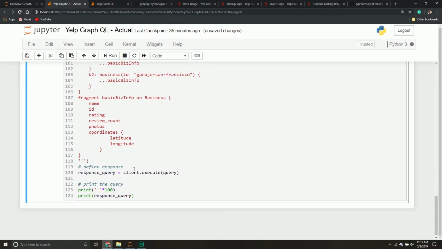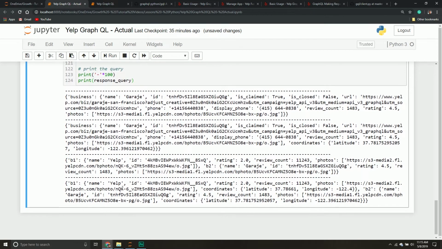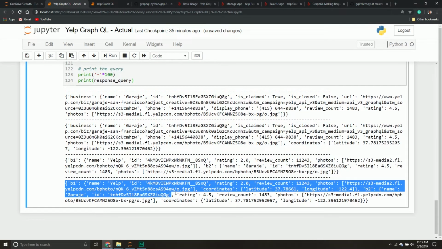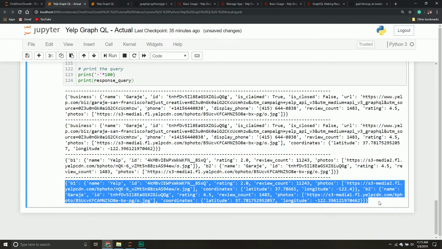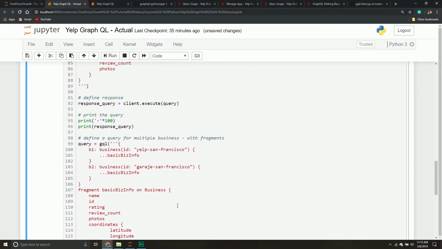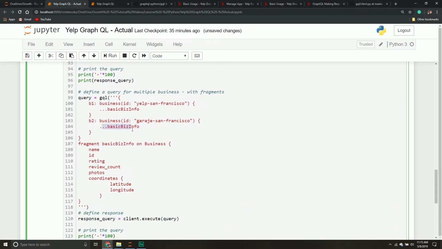So I'm going to execute that, and we'll see it gives us back everything identical. So it still works the same. So again, define the businesses that you want, specify the name of the fragment, and then just define your fragment. That's all. Okay, so with that one, we have one final example I'm going to show you, and that is